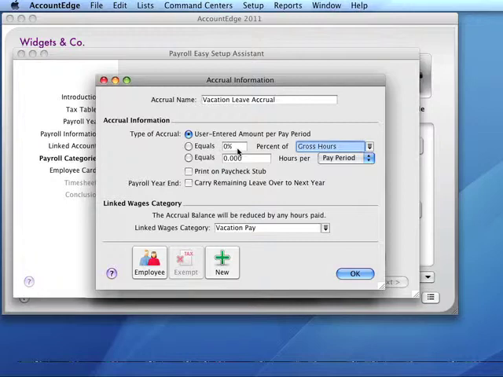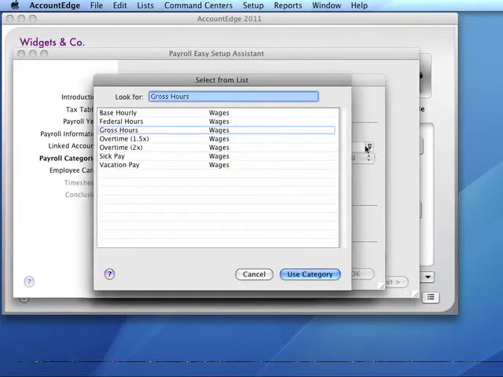It can only be used with employees who have an hourly base pay as indicated on their employee card. To implement this, we type a percentage in the first field and then select a wage category from the selection list, which shows all our hourly wage categories. The list also contains gross hours and federal hours, both of which total all wage categories, hourly and salary, we